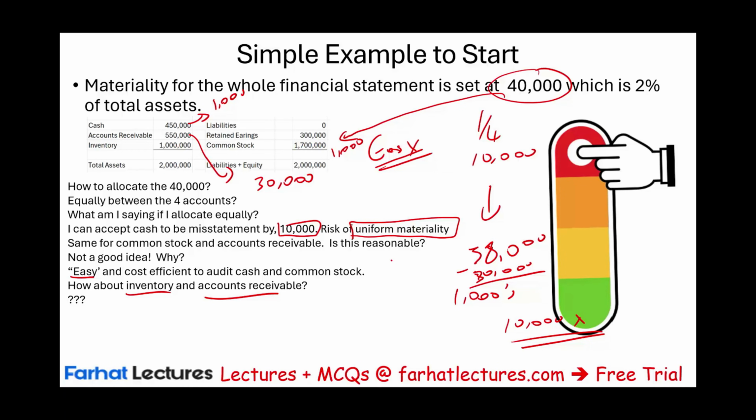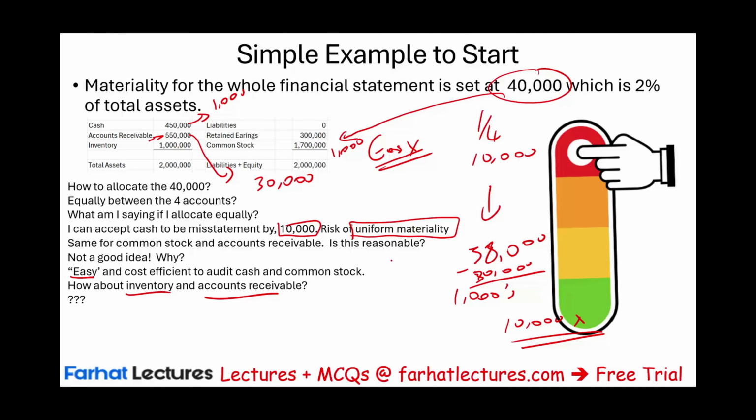Why? Because sometimes I sell on credit, the customers don't pay, or there's a dispute. I have an account receivable on my books, part of this $550,000, but the customer disagrees, so it's not really an account receivable, it's an error. The customer is not sending their payment, so it's not really legitimate because really it should be written off.